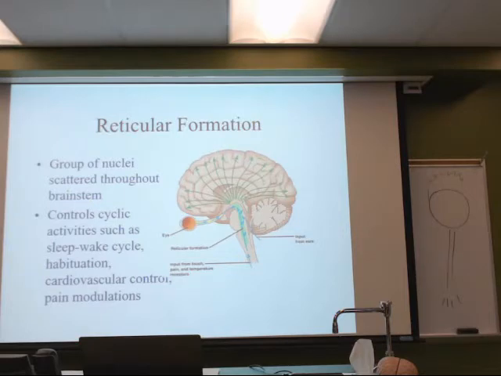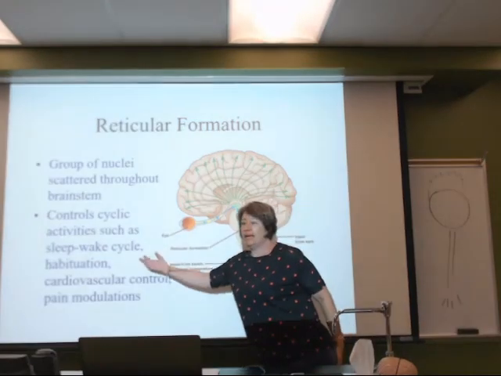We don't understand a lot of it, but what we know is it kind of looks like the rays of the sun going out through into other areas of the brain. They have associated with the reticular formation activities like our